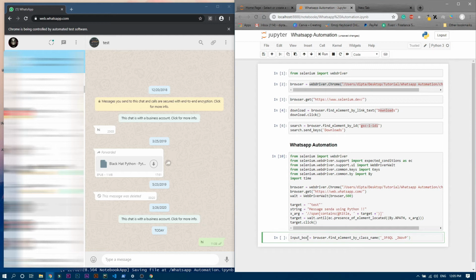Fine. So now we will use the for loop to send the message, because we want to send it around 50 times, 1000 times, whatever you can use. So for time being we will use only 50 times.